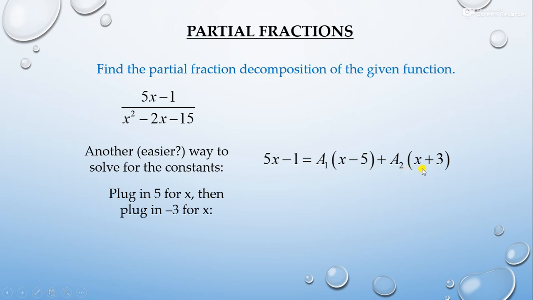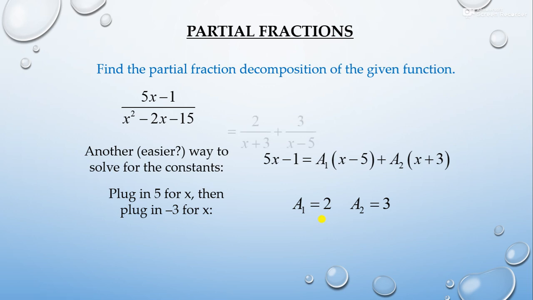When we put x equal to minus 3, that term becomes 0 and we can find the value of a1 here. So we do it like that. When we put x equal to 5, this term becomes 0 and we can find the value of a2. When you solve it, you get the value of a2 is 3. Now the second time, when we put x equal to minus 3, this term becomes 0 and we can find the value of a1. That is 2. So now easily we can find the values of a1 and a2.